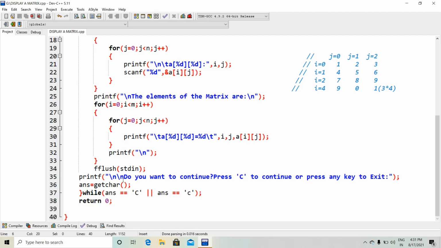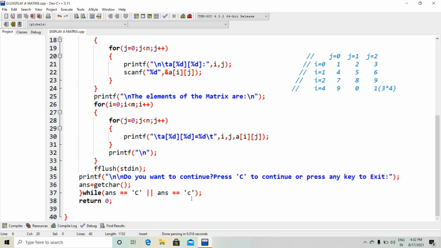If you press capital C or small c, then the whole thing will continue, that means it will be executed again within the same output screen.